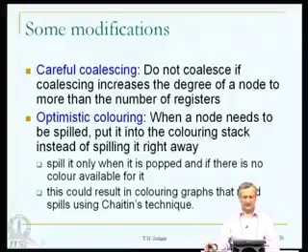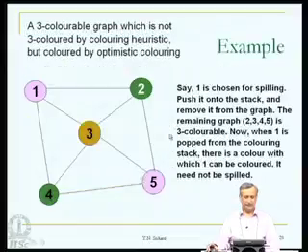Optimistic coloring: when a node needs to be spilled, put it into the coloring stack instead of spilling it right away. Assume that it can be colored, put it into the stack, hope for the best. Spill it only when it is popped and if there is no color available for it. We will demonstrate this very soon. This could result in coloring graphs that need spills using Chaitin's technique. For example, here